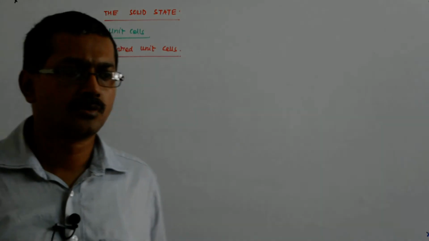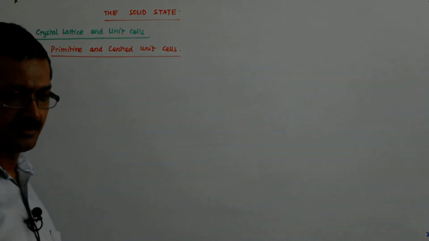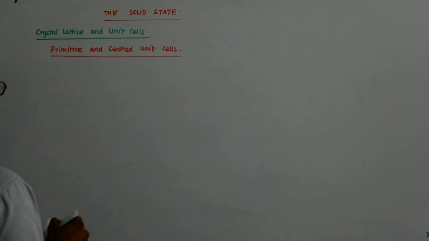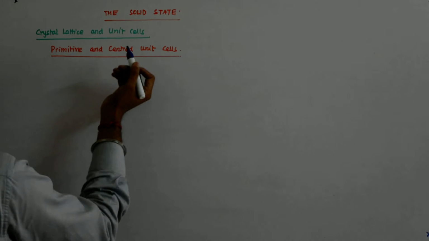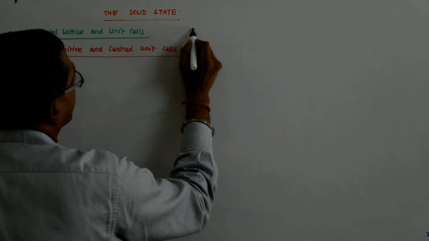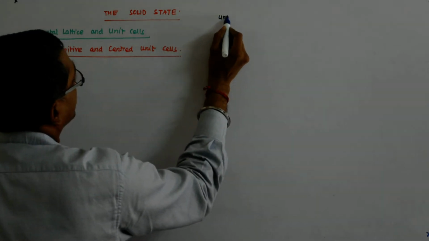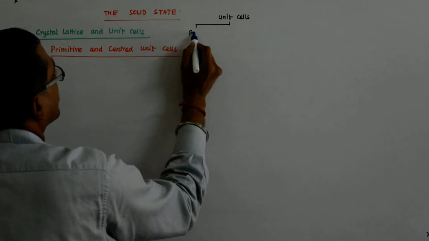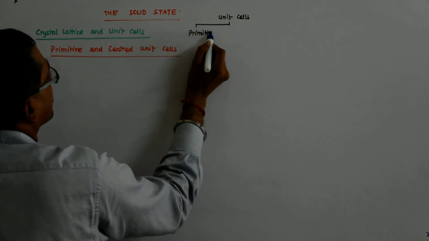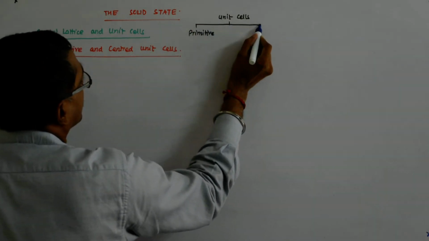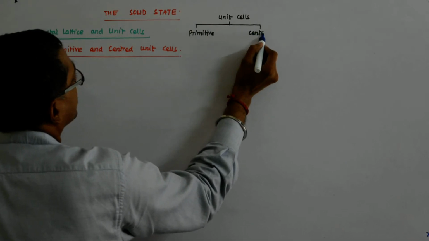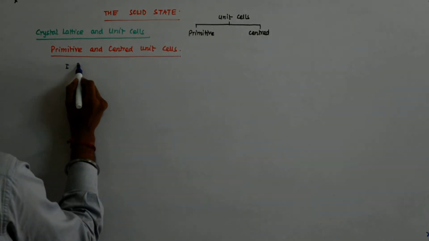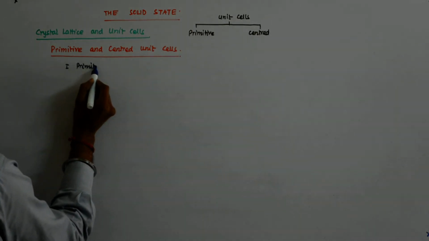Now we come to the types of the cells, primitive and the centered unit cells, and we have seen that they are of two types. So actually we are saying this, that our unit cells are of two types, the primitive and the centered. Okay, the primitive unit cell